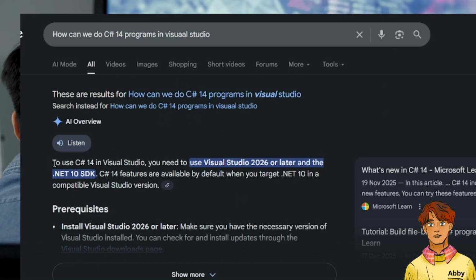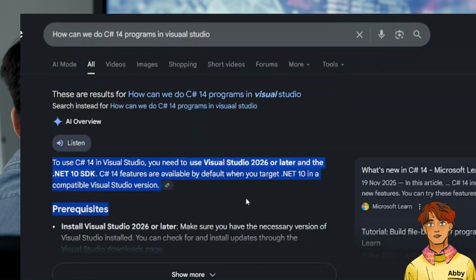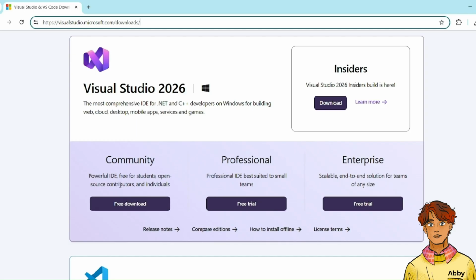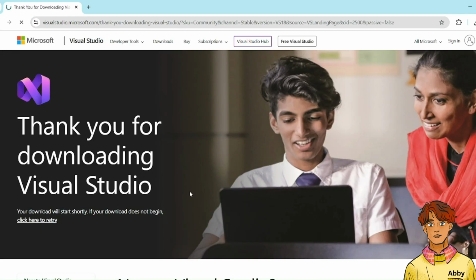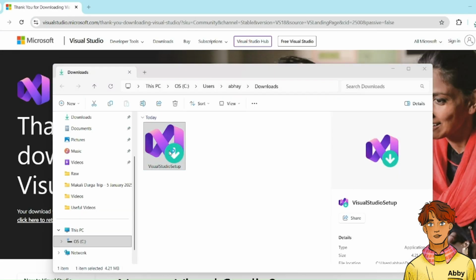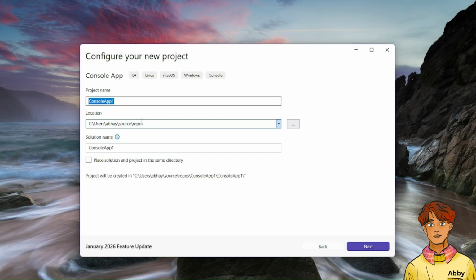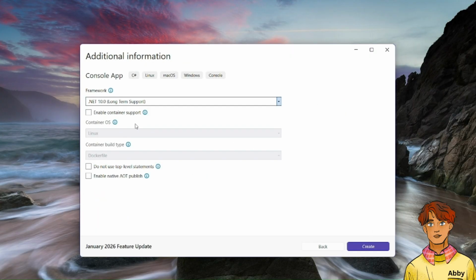.NET 10 and C# 14 require the latest tooling, which means we need Visual Studio 2026. So I went ahead and downloaded and installed Visual Studio 2026 Community Edition. And now I am able to create projects targeting .NET 10, work with C# 14 features, and prepare proper demos